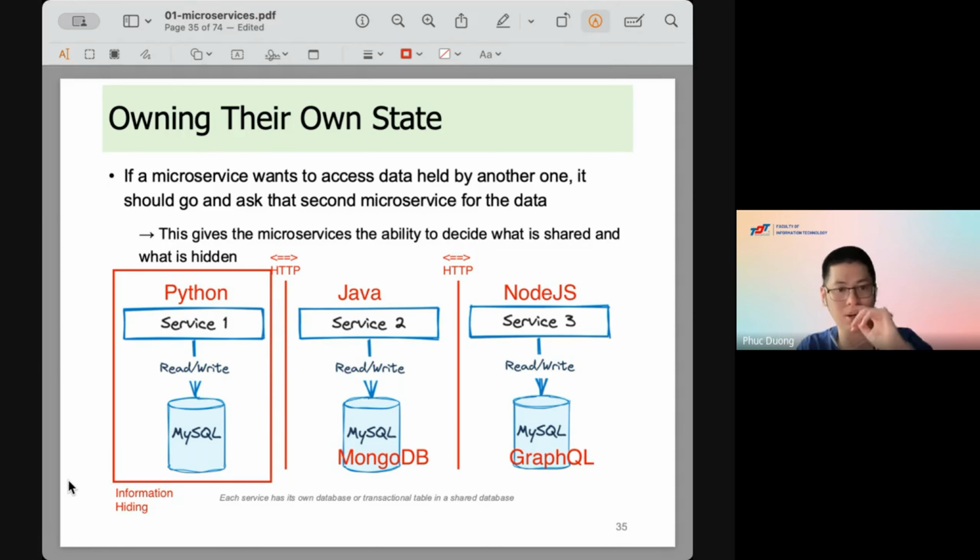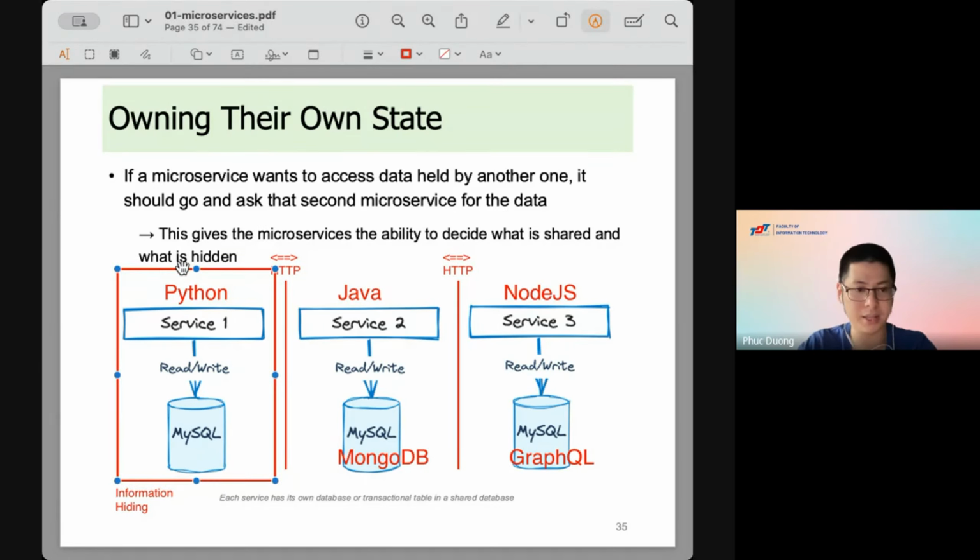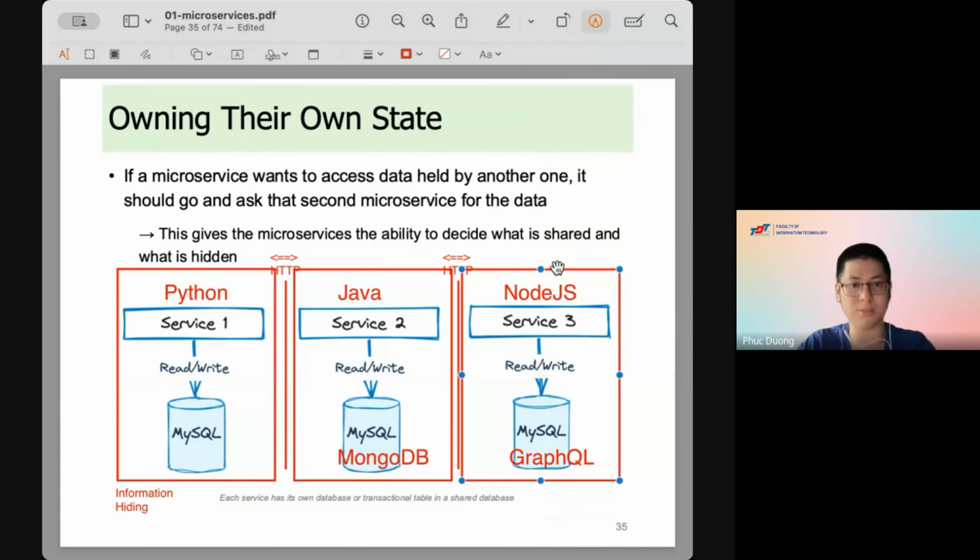Okay, so you hide the internal implementation from the outside. Okay, so you will now have 3 independent microservices. Each one has its own state, and each one has its own technology, and you hide everything from the external user. So this is some kind of information hiding.